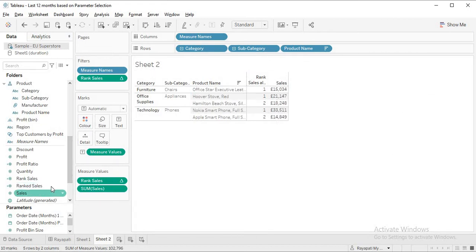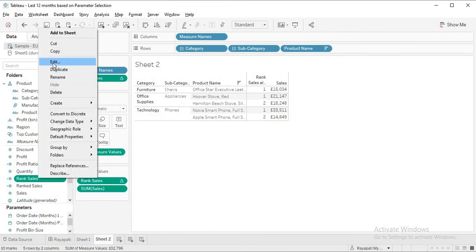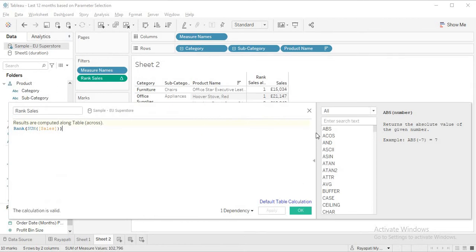That is because whenever you are using a table calculation, it acts only for the field in the view. These table calculations are not present for the field in the data pane. We can do that by addressing the default table calculations.